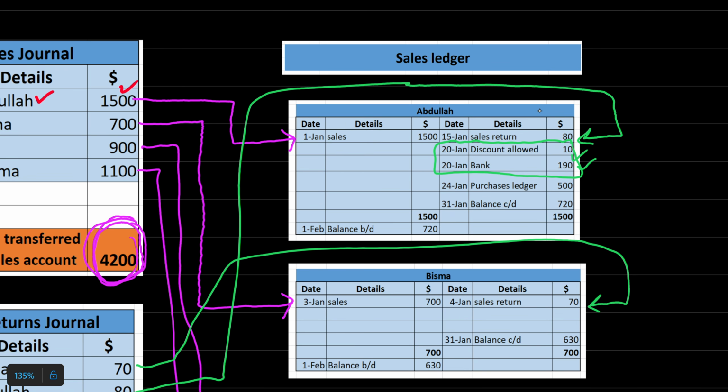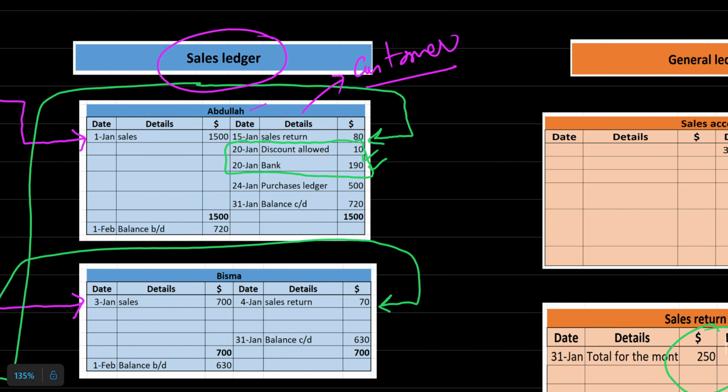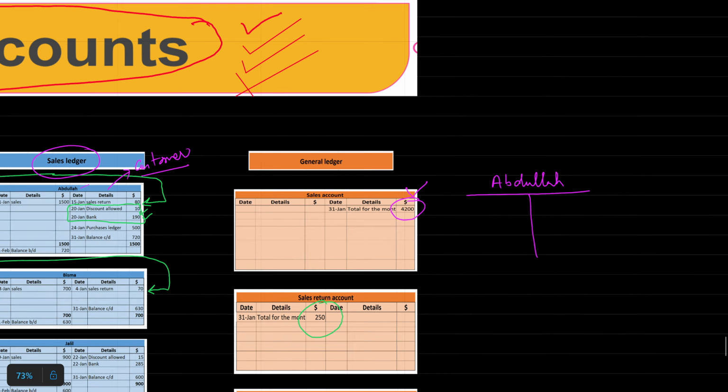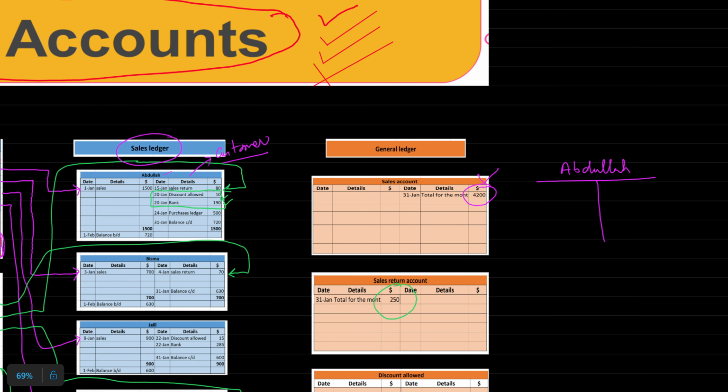Students, Abdullah is a customer. All customers' T accounts are prepared in the sales ledger. We sold goods to Abdullah. The amount is receivable from Abdullah. Let us suppose we also buy goods from Abdullah. We also sell goods to Abdullah, and we also buy goods from Abdullah. If this is the case, there will be two accounts of Abdullah. One will be in the sales ledger as a customer, and the other will be in the purchases ledger